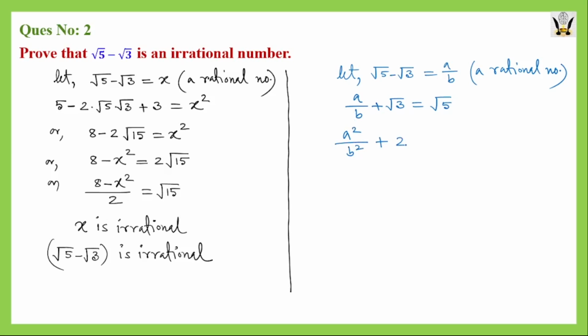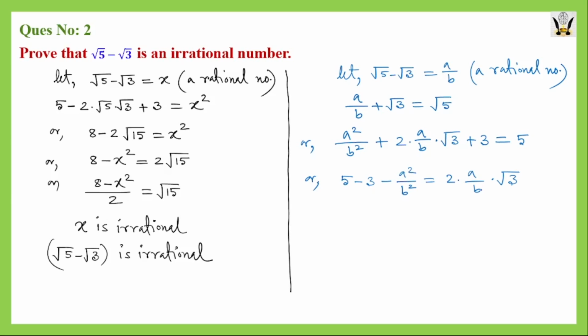And it will be 2 times a by b times root 3, from the same identity: if we take x plus y whole square, then x square plus 2xy plus y square. So it is 2, and x is a by b itself, and then y is root 3, and then y square, that means this will be 3,